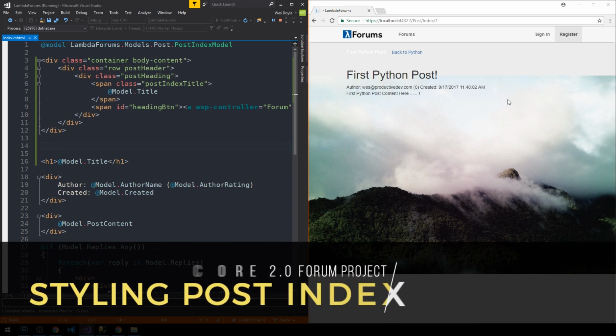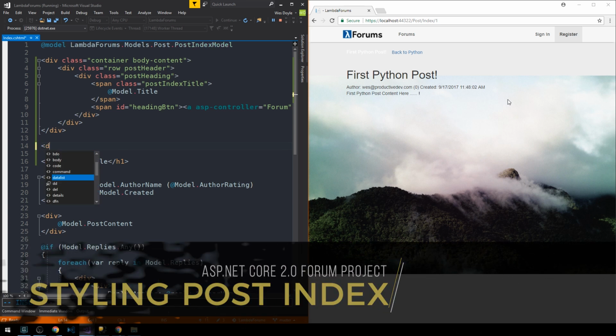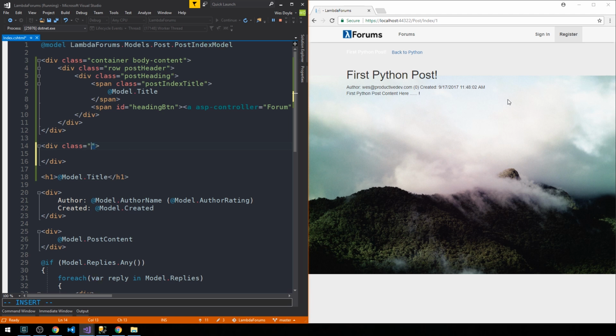Okay, so in fact what I'm going to do here is create a new div with class row as well. So we'll have a second row in this view, and this ID will make post index content. And then I'll have a class where we'll have a column here. So we'll have column of width 3, sorry about that, column medium 3, and we'll call this the post author